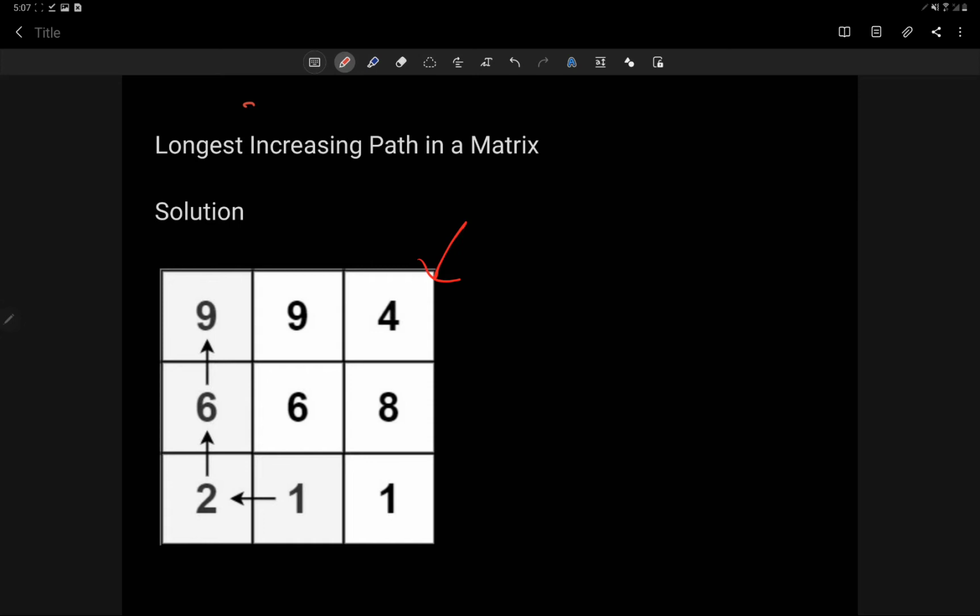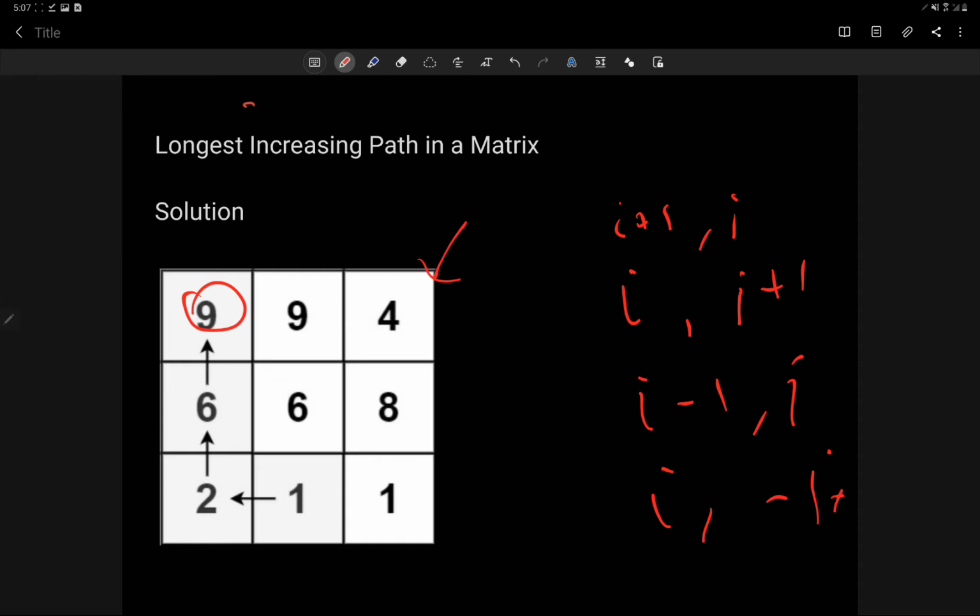One such approach that comes to mind is to go to every point and start traversing the matrix from there. When I say start traversing, I mean search in all possible directions, that is i plus 1 comma j, i comma j plus 1, i minus 1 comma j, and i comma j minus 1. That is all 4 directions.